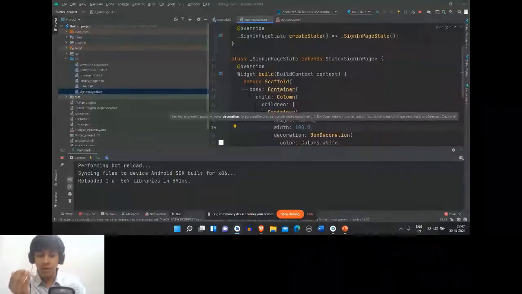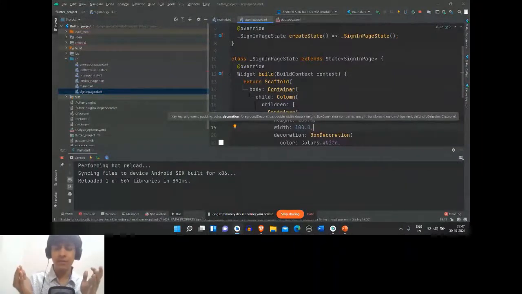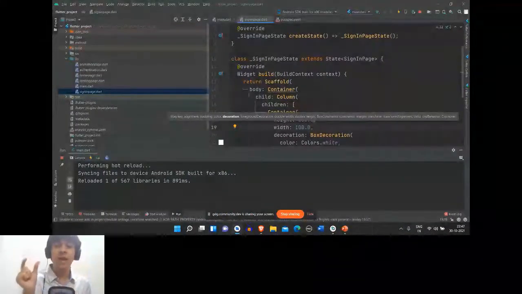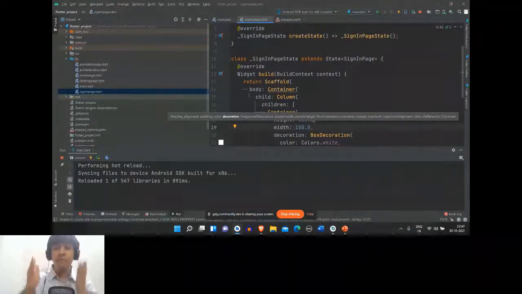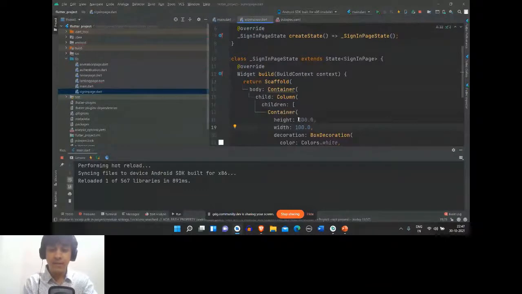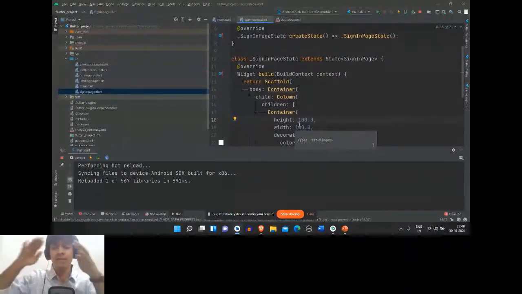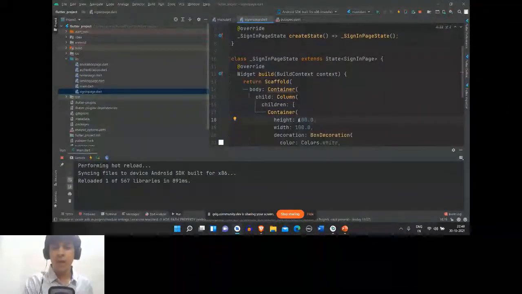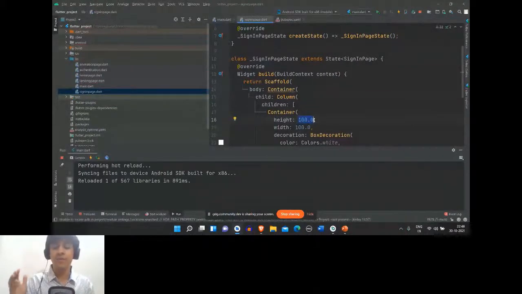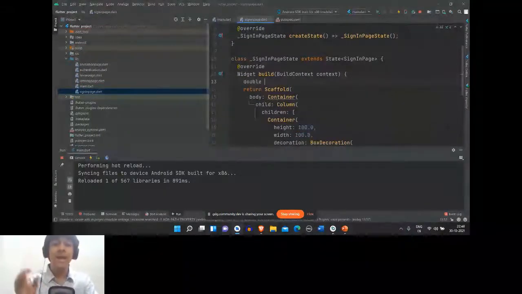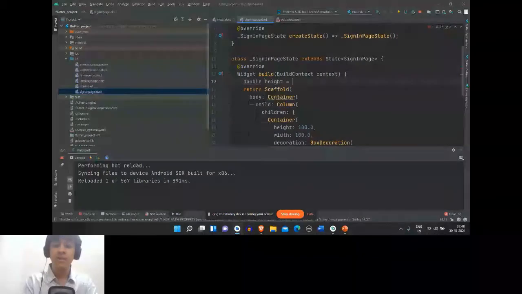Okay, so now there is another feature in Flutter that lets you find out the actual height and width of the device that your app is running on. If you explicitly declare it as 100, it can overflow on certain devices, because the size of screens changes from device to device, right? So what I want is for the height to be versatile, according to the size of the screen that your app is running on. So to get the exact height of the screen your app is running on,